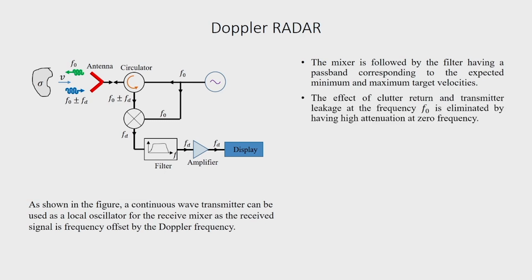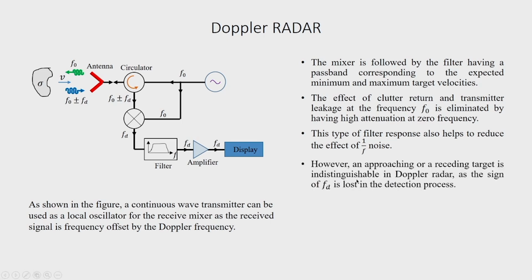The effect of clutter return and transmitter leakage at the frequency f naught is eliminated by having high attenuation at 0 frequency. Since in this mixer we will subtract f naught, any clutter return and transmitter leakage around f naught will translate near 0 frequency, and therefore, we require very high attenuation near 0 frequency, and this type of filter response also helps to reduce the effect of 1 by f noise,